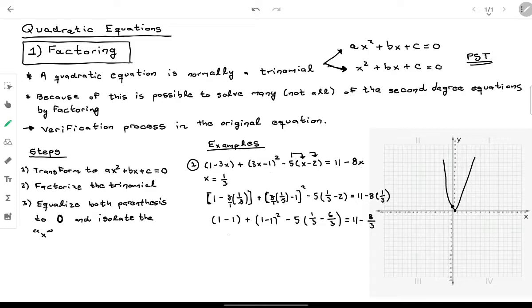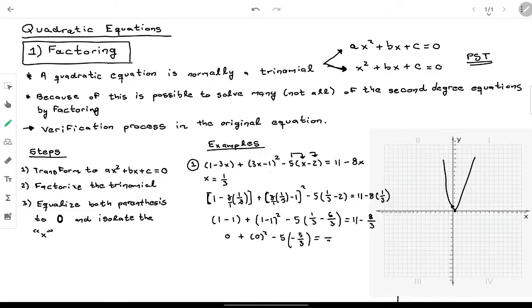So of course here it's going to be 0 plus 0 squared, that will be 0 minus 5 that multiplies minus 5/3 equals, and here it's going to be 11,